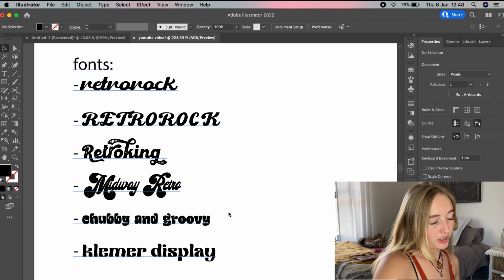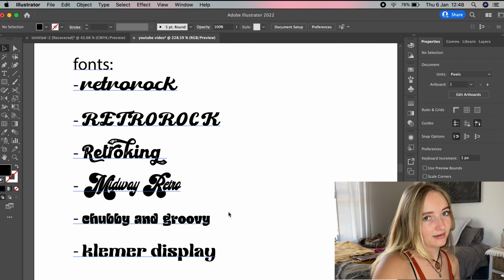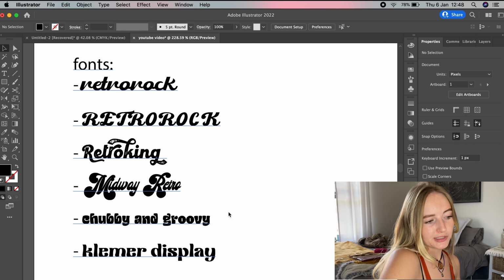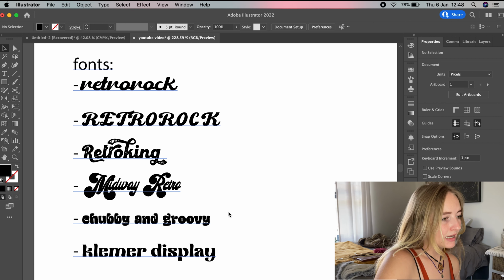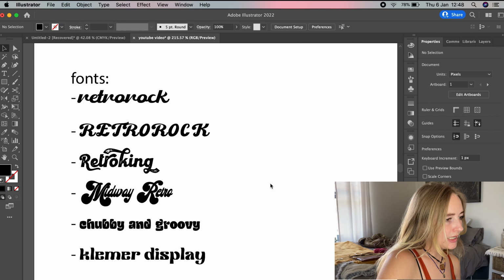But I really like the Chubby and Groovy one, and I also really enjoy the Clemmer Display one. The Clemmer Display one reminds me of that psychedelic, 70s, Woodstock kind of vibe. So that's also really nice. Don't know if it would be right for what I'm going for, but we will see. So I think it's between